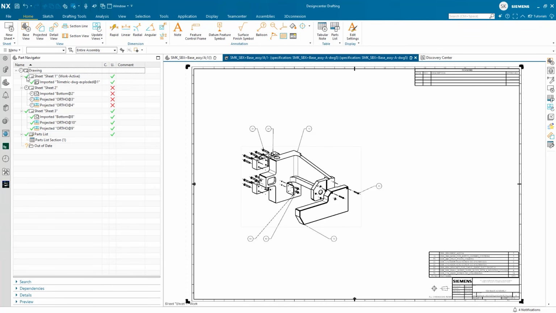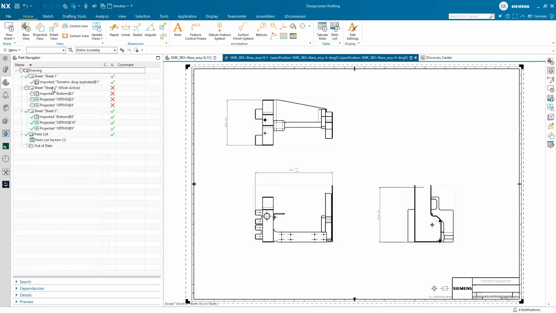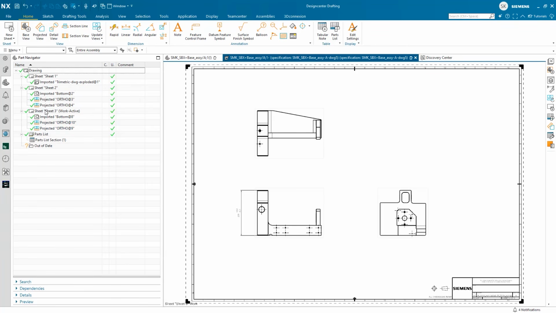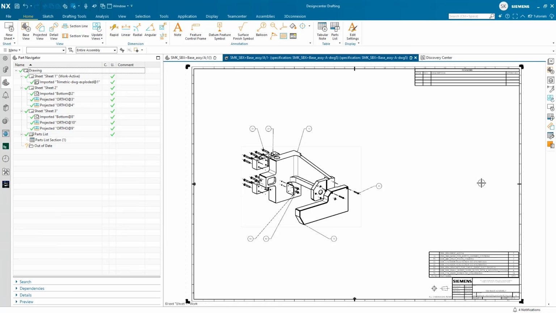Now, we want to take a look at each sheet. So I want to go back to sheet 1 and go to sheet 2. Same thing, update that. We notice that there's a change. So that's another way for me to see that. On sheet 3, there was no change affected, so you will not see any changes that need to be done.